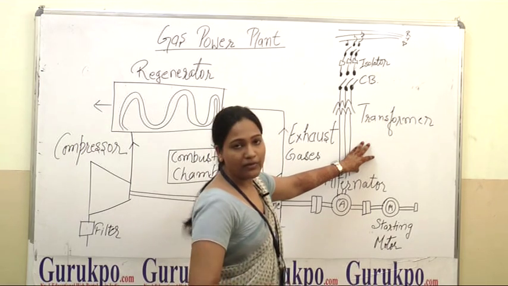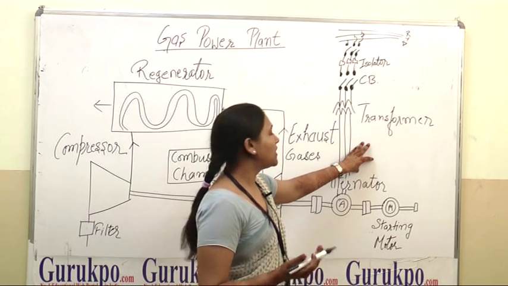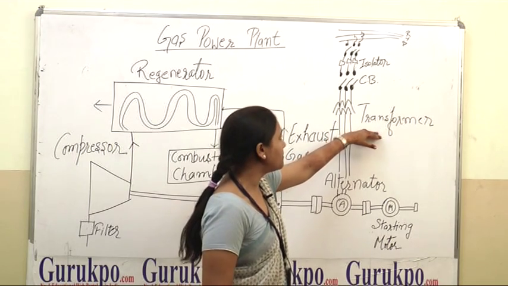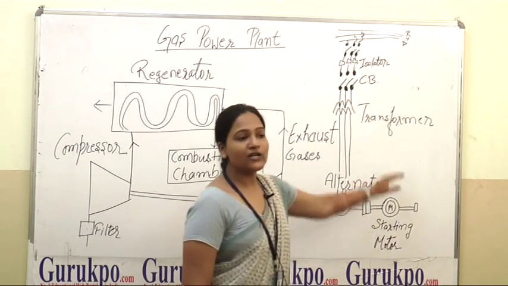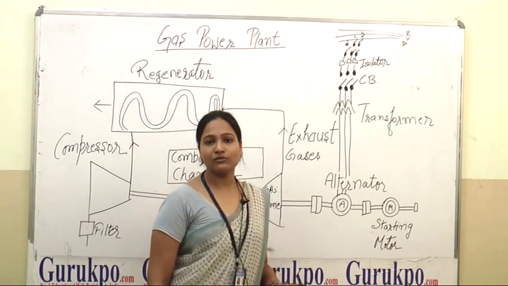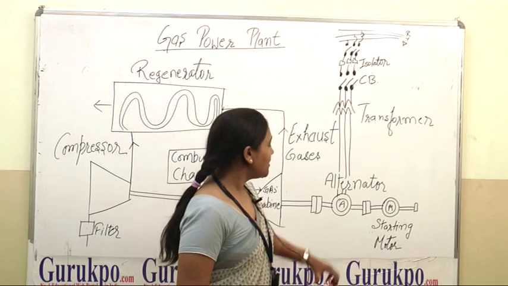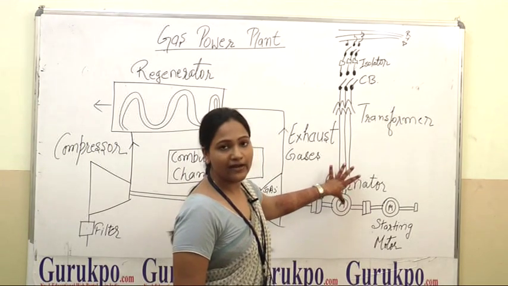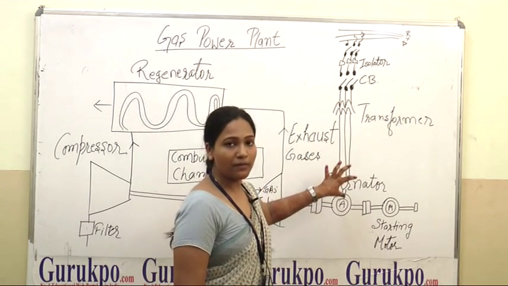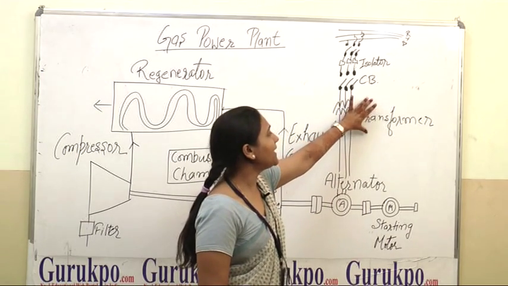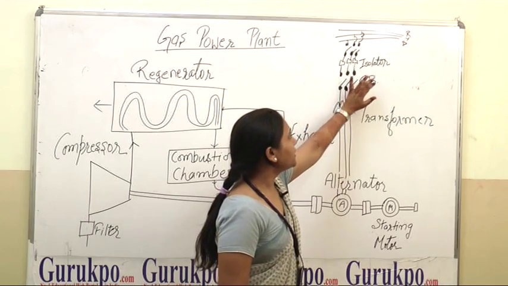Before we give this electricity to the common user, it is passed through several stages like transformers, circuit breakers and isolators. Transformers are devices which step up or step down the electrical voltage. Basically, when we pass this electrical energy to the common user through a power plant, we use a step up transformer at the power plant end. Now these are the circuit breaker and isolator, for safety purposes.